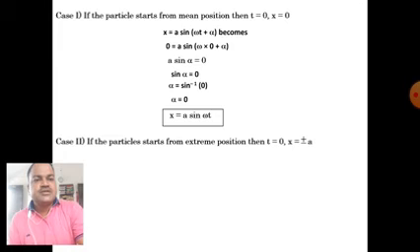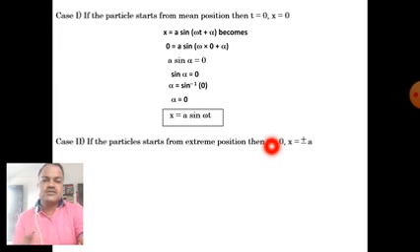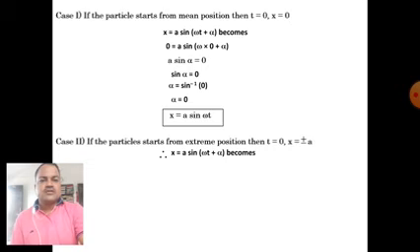At the extreme position, t is equal to 0. It means that the particle is already at extreme position. So displacement is nothing but amplitude: plus a at the extreme right side, minus a at the extreme left side. So x is equal to a sin omega t plus alpha. Put the value of t is equal to 0 in the above equation, and x is equal to plus minus a. Then the equation becomes plus minus a is equal to a sin omega into 0 plus alpha. Here a gets cancelled, omega into 0 means 0.